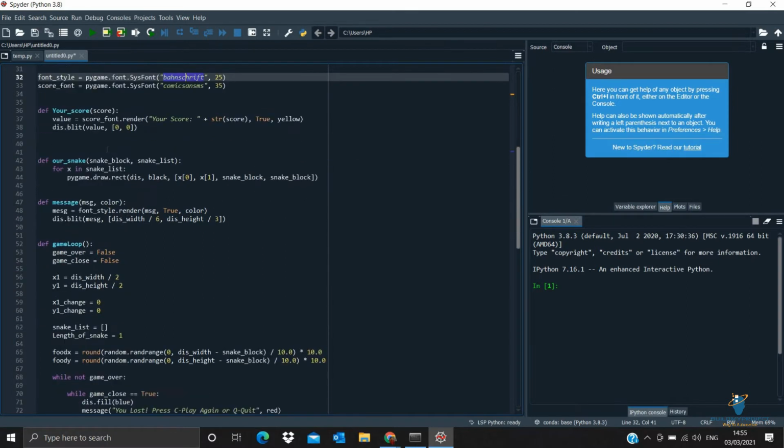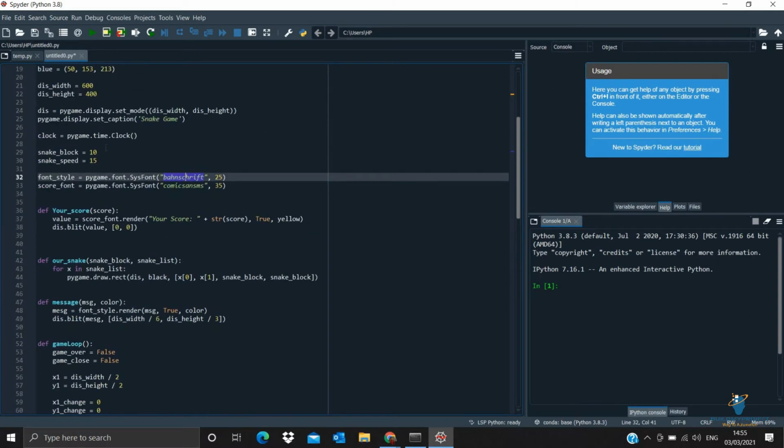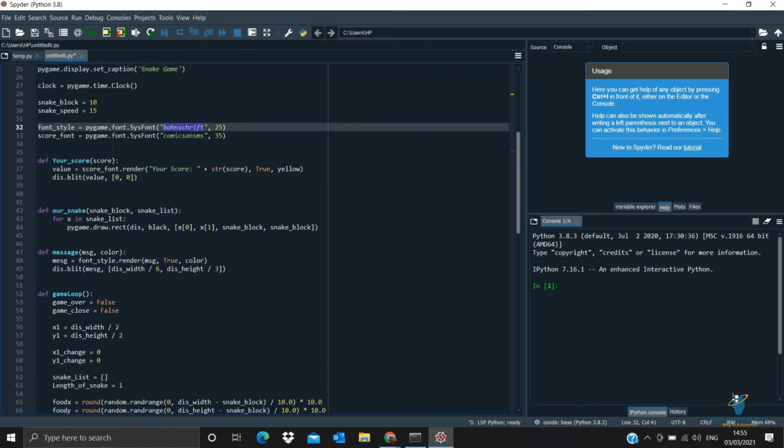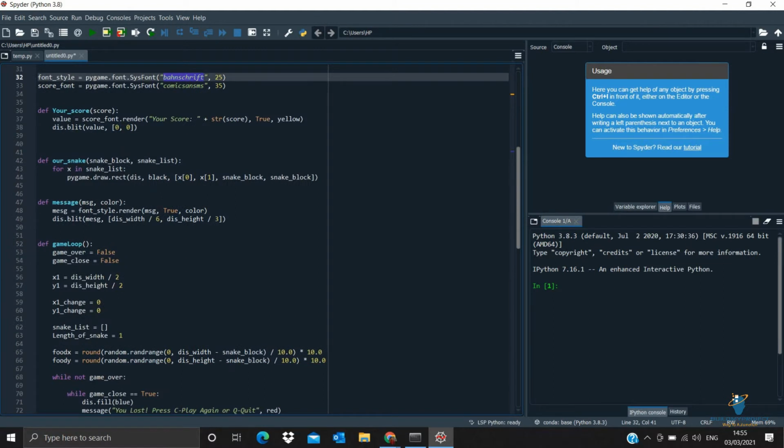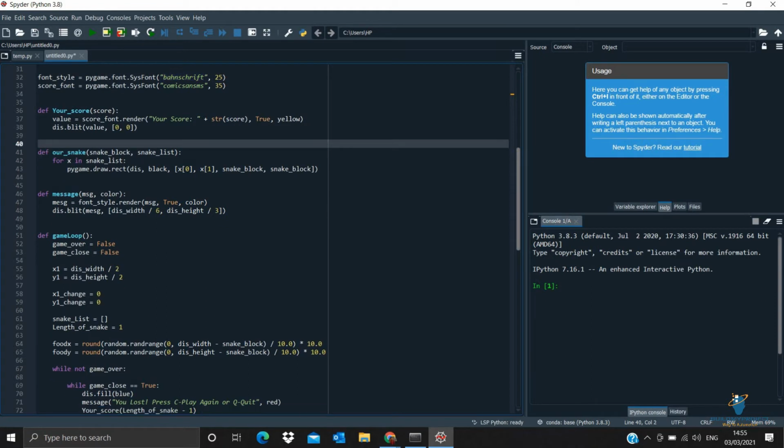And then we have done with the basic part, like displaying the height and width, getting the pop-up screen, the snake part, that is the snake size and speed, what default speed we are giving, and then we have triggered our clock system. Then what we need to do is go to the score. Suppose you are playing a game, and while playing a game obviously we'll get some score.